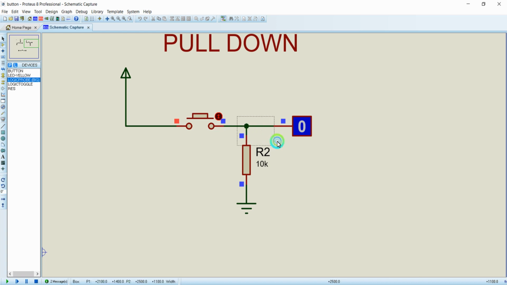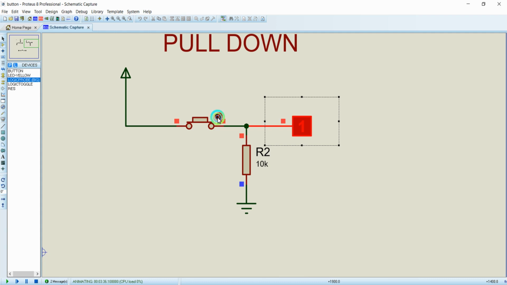So this line over here is pulled to the ground. Because of that, the GPIO is having the low signal. And when I press this button, the GPIO becomes high because the current will flow from here to here directly, because this 10 kilo ohms is a high resistance when compared to this one. The current will flow from here to here directly, making the GPIO of the NodeMCU high.